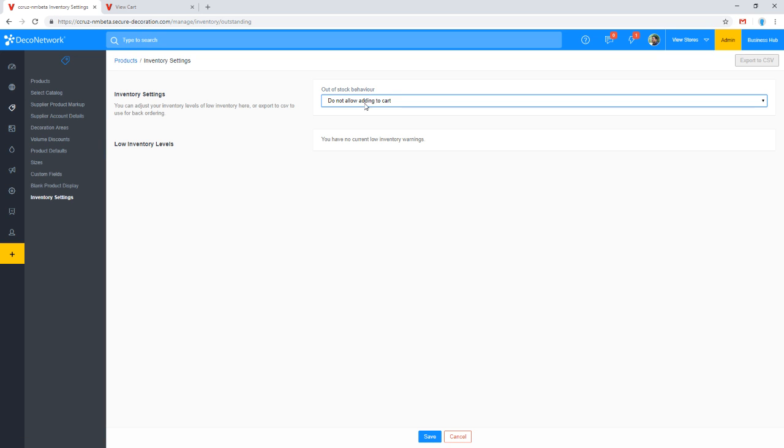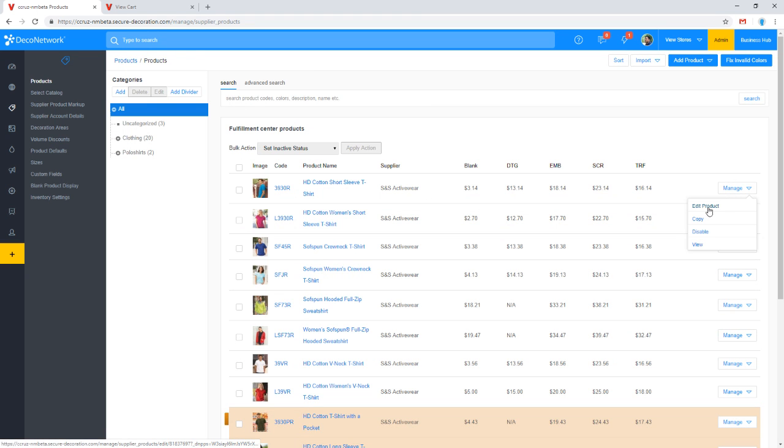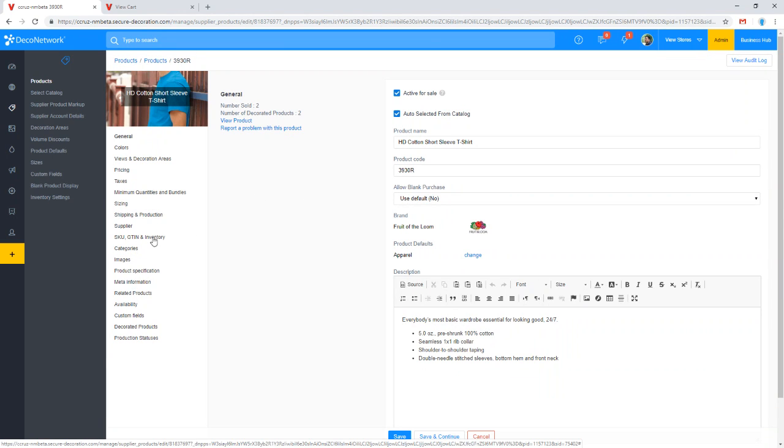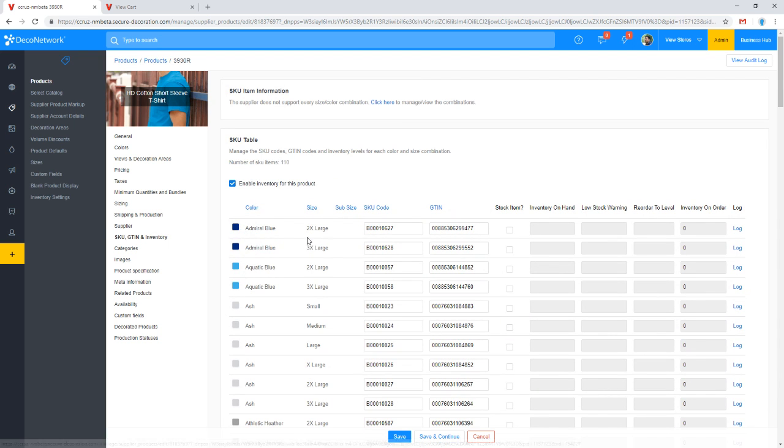What you can do, again, that's just from the front end, right? The user's perspective, what they can do on their end once an item is out of stock. But from your end, as the fulfillment center, and if you're managing stock for a specific product, you do have the ability to push items into kind of a back order state where you allow the customer to purchase it, and then you're going to purchase to kind of refill